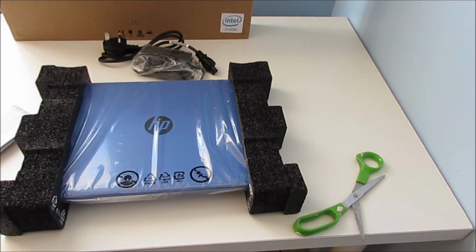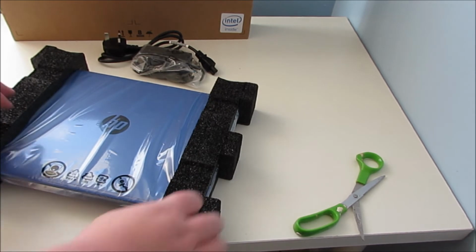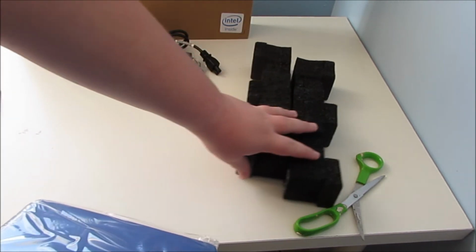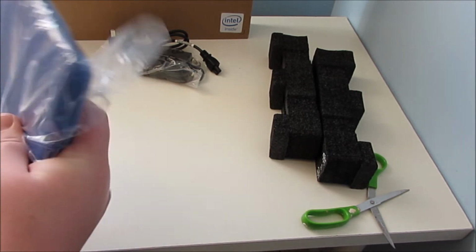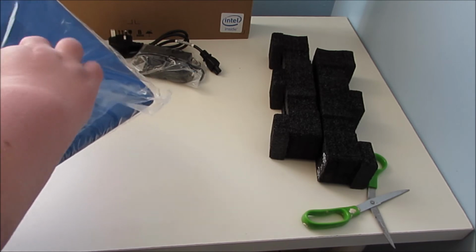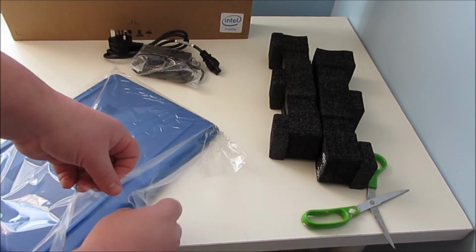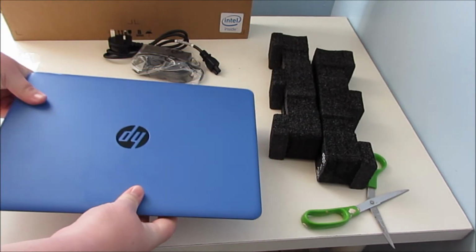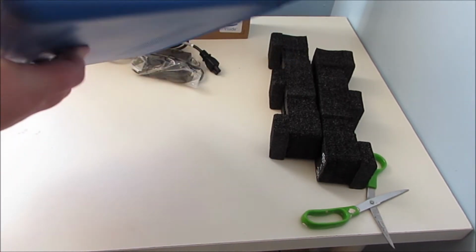So here we have the laptop. The setup instructions as well. So it should be rather simple to set up if we just take all this foam casing off. Here's the part I really always like, it's just when we take it out of this. Time to break the seal. Okay, so there is the laptop, and let's just do a quick tour around the laptop